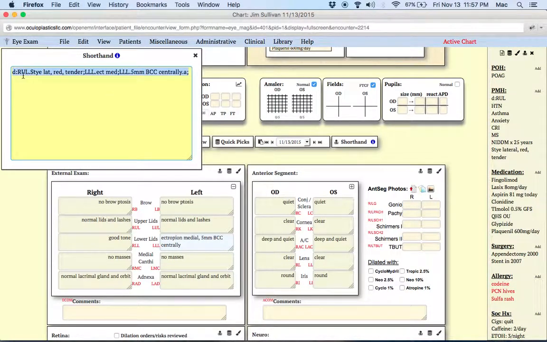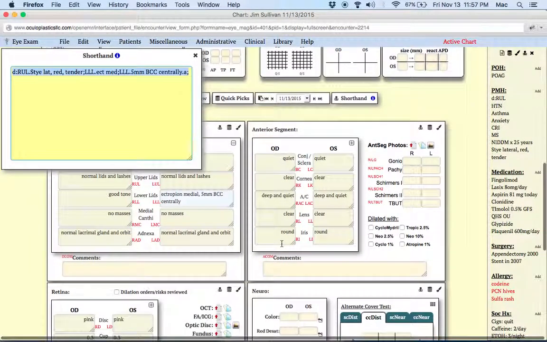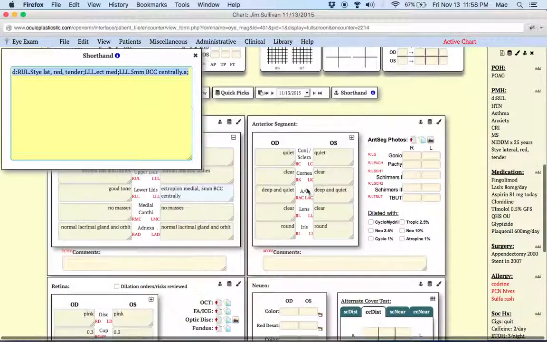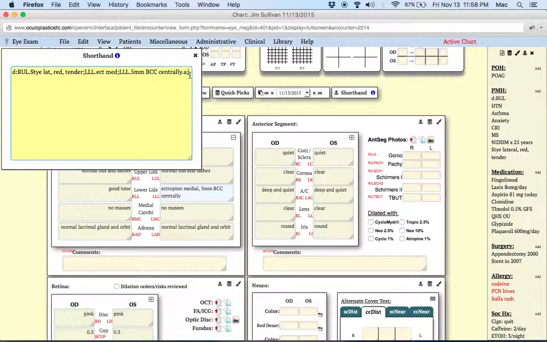Now, the default is good tone, and that has been erased, because let's go back and look. We defaulted here, but everything after that erases that field. Had we changed this to append, it would have appended to the normal as opposed to completely replacing it. You can go on through the whole exam and document multiple findings. Any of these field portions can be filled in using the shorthand technique. Hope that makes a lot of sense, and hopefully we can continue to improve this for the